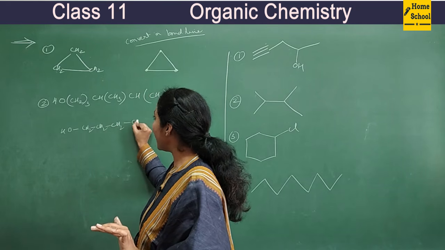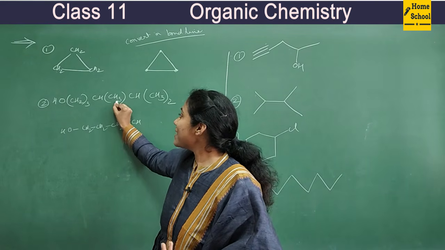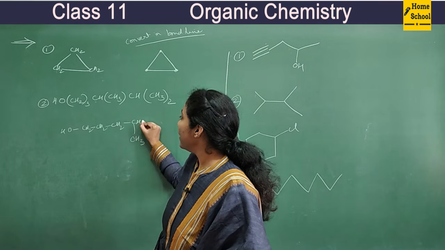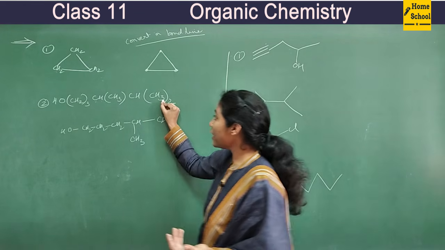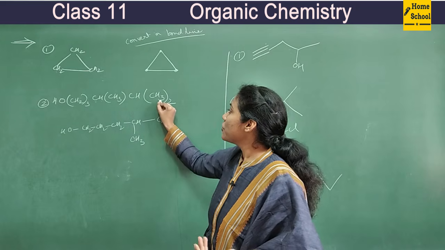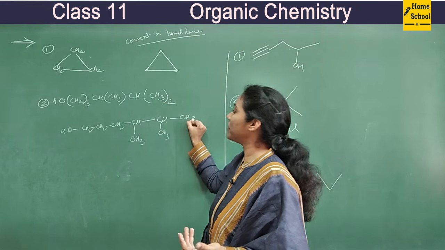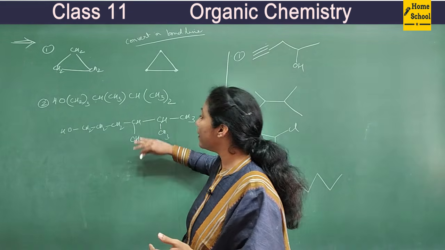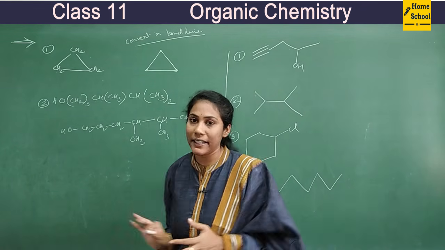And later you have CH. And you see there is a CH3 in a bracket. That means this CH3 is there as a branch for this carbon. So I'll put that branch down. And continue. For this carbon, there is a bond with this CH. And again, CH3s are in bracket. That means they are branches for this carbon. So how many CH3s? 2. One CH3 I will put here. Another CH3 I will put here. Okay. So highly condensed formula. First I have written its expanded formula. Almost half expanded formula.